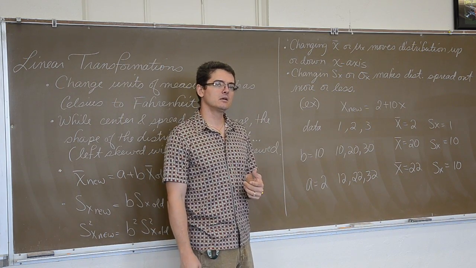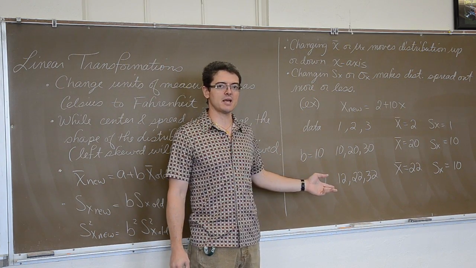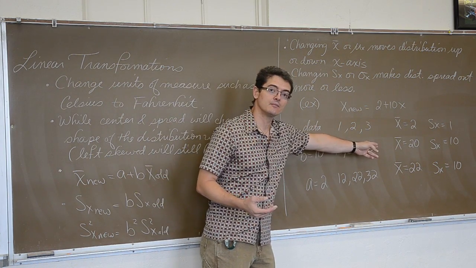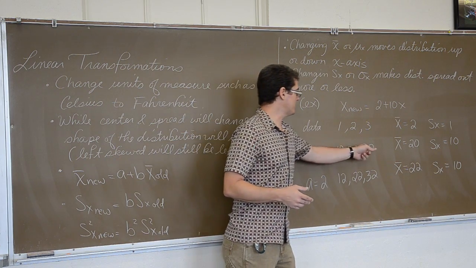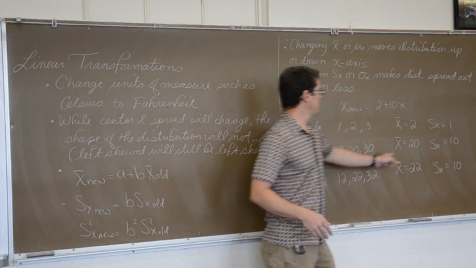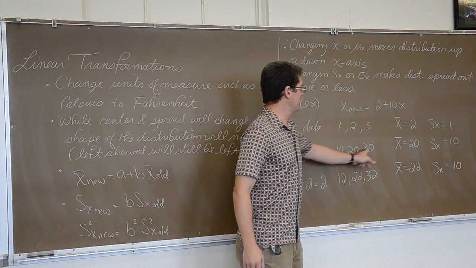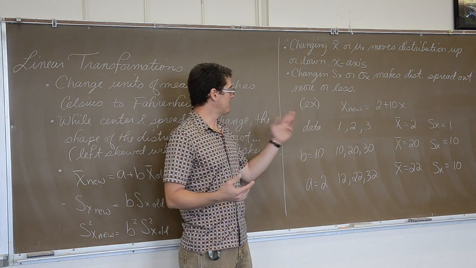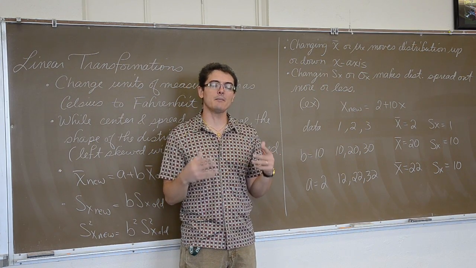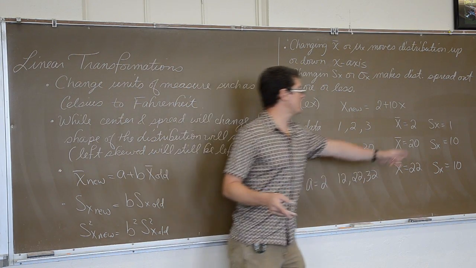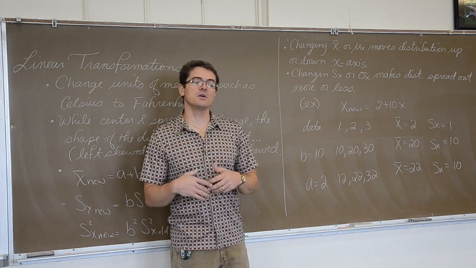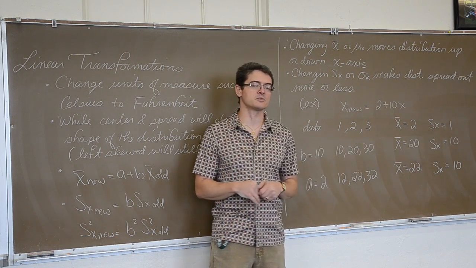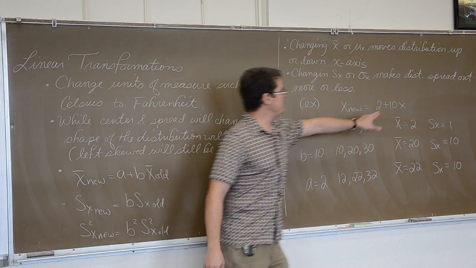What would happen, and I'm going to follow order of operations here in my example, if I multiplied all my numbers by 10? Well, 10, 20, 30. Okay, if it's 10, 20, 30, my new mean is 20, the center, and now because I multiplied by 10, my values are all 10 units apart. So, by multiplying by 10, I increased my mean by a multiple of 10. It went from 2 to 20, and I increased my standard deviation by 10. Instead of the numbers being 1 unit apart, now they're 10 units apart. Okay, that's the b part of the formula.